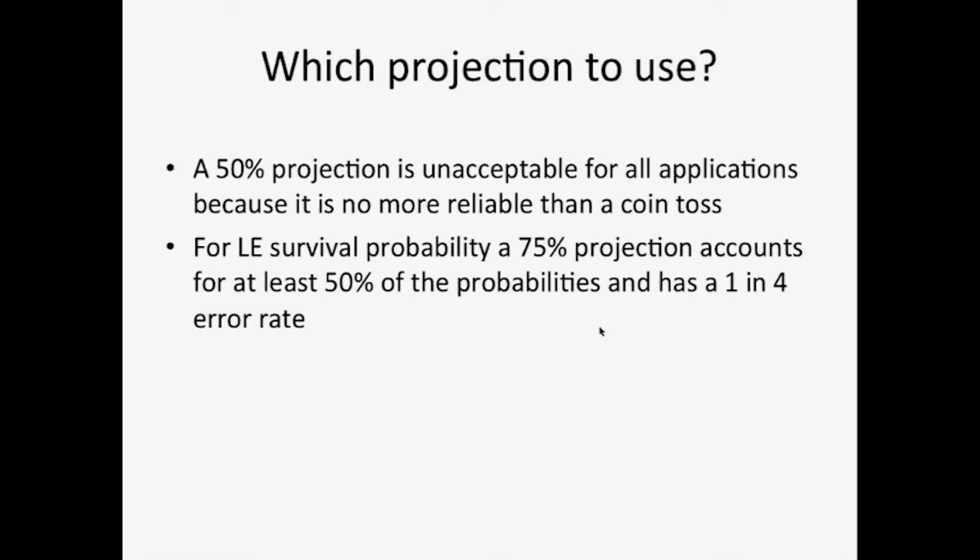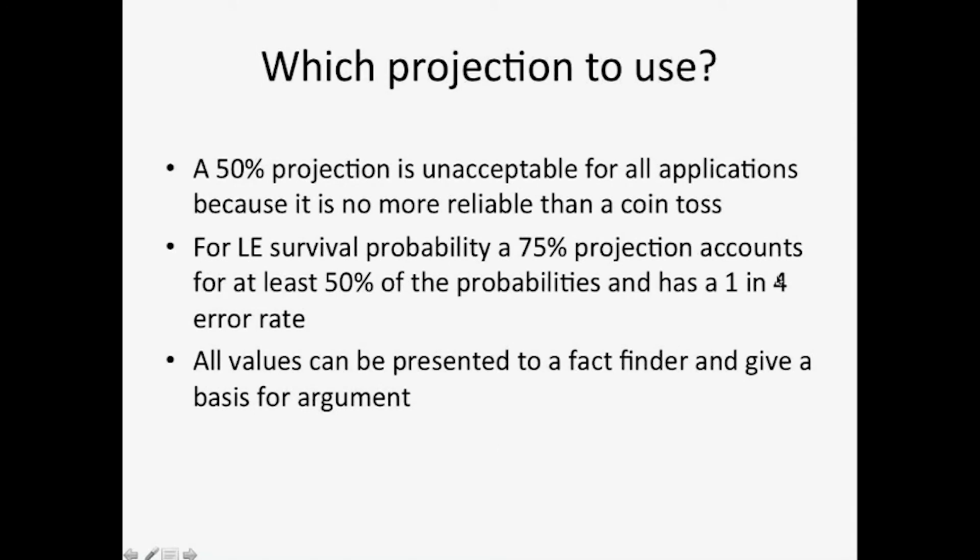And so my practice now is to give both the 50% and 75th percentile projection with the error rates, so that it is clearly understood by any fact finder what the ramifications of using either or the other actually are with regard to an individual. At that point in time, this becomes a basis for argument, I think, but I also think that this is the most rational way to try to determine an individual's life expectancy.